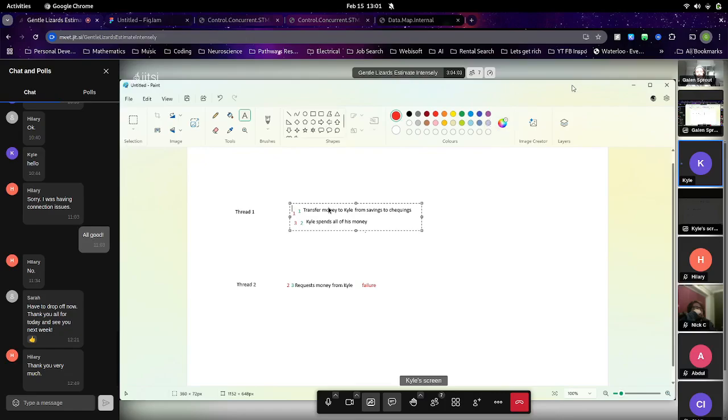It was in my head and I needed to get it out on paper. But yeah, both what Galen and I are saying are correct. This is between threads. You want to ensure that you have that sequencing, and it's primarily to avoid race conditions where, let's say transferring money took so long, this then happens before this one, and that causes issues. So yeah.